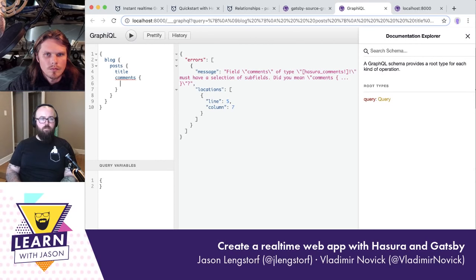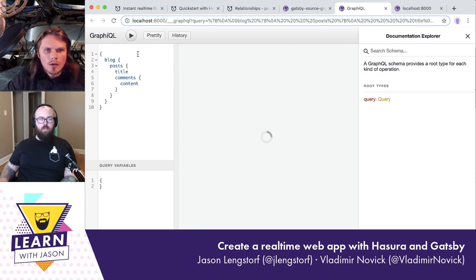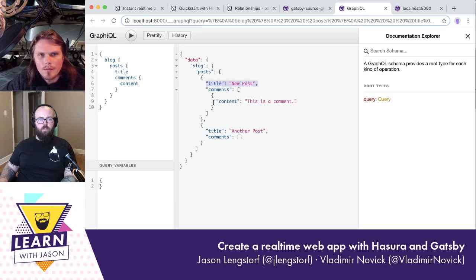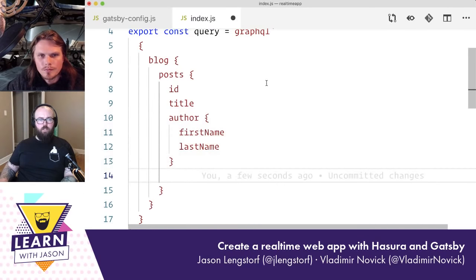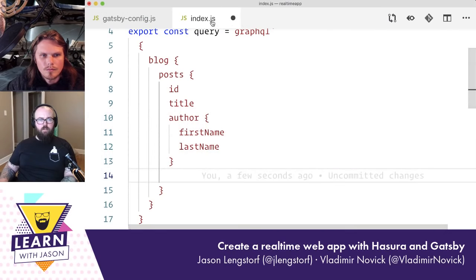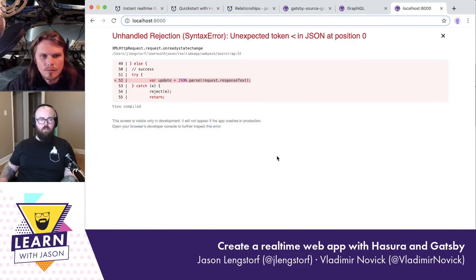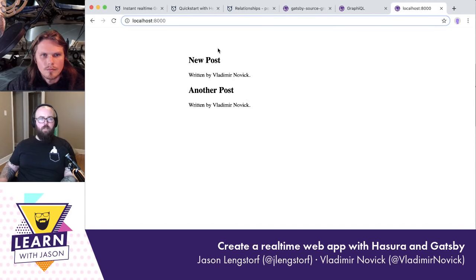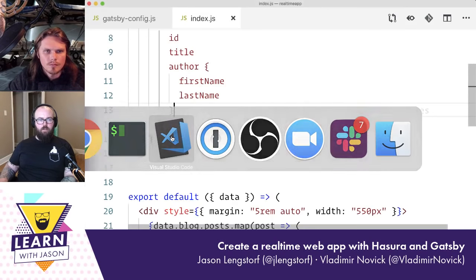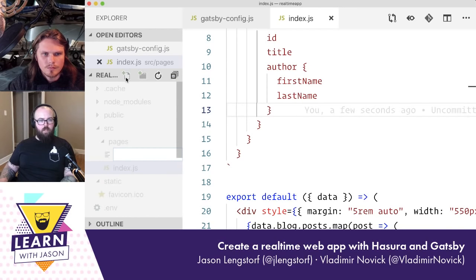Comments is a subfield, so now it's actually working, and that's what we wanted. That's great. It's showing us our post and the comments. So here in the front page, we have just a list of posts. And then if we want to make those posts accessible on their own pages, we are going to do